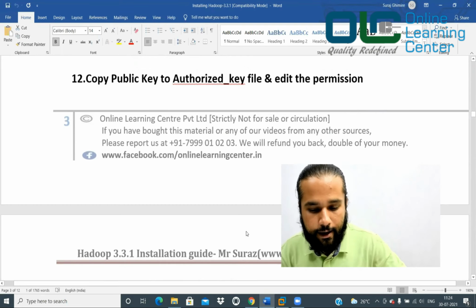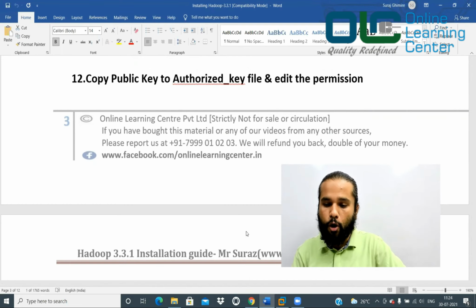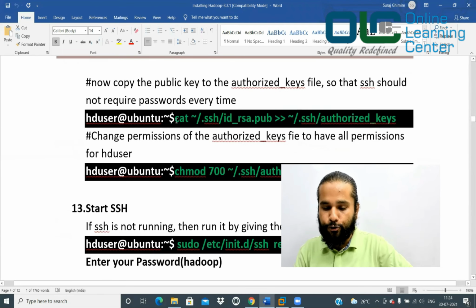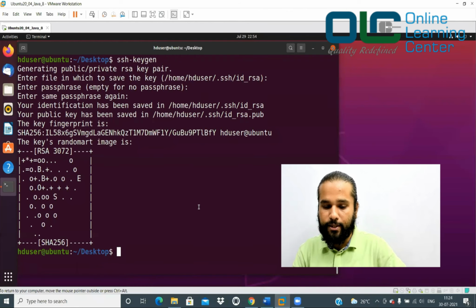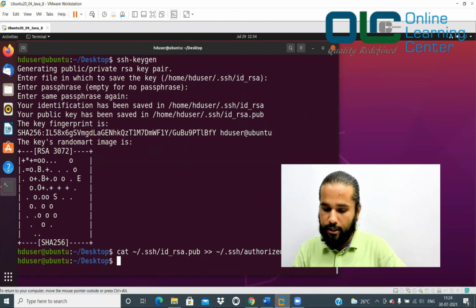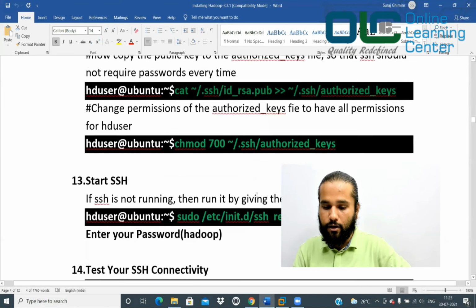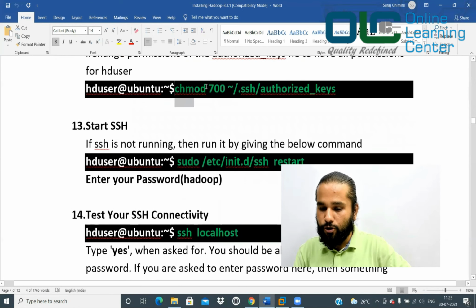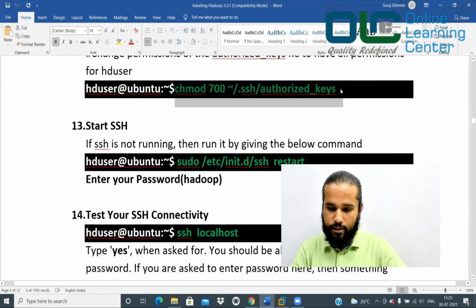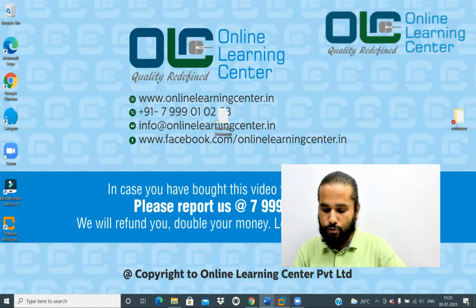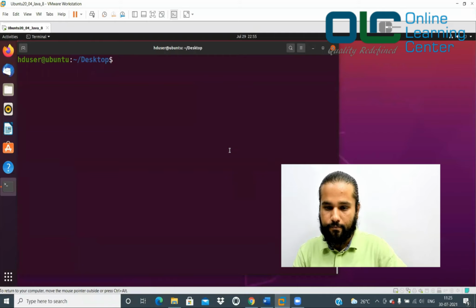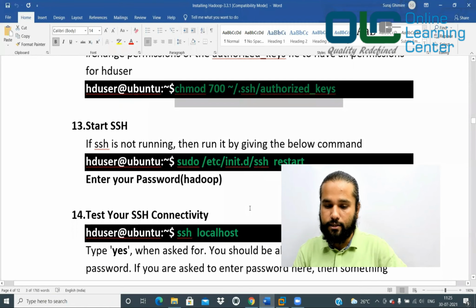The key which was generated just now, you have to add into your authorized keys file. For that, you just execute this command. You are saying the key which was generated just now by ssh-keygen, this file, I want to keep it in my authorized keys, right? So you can just do this, which will basically copy the content of this key into the authorized keys file. Done. Next, give some permission to your authorized keys location. I'm just giving 700. So let's go back here and say paste. Let's move to the next now.